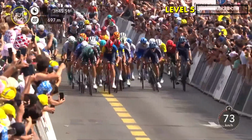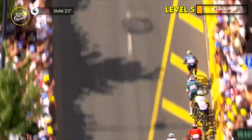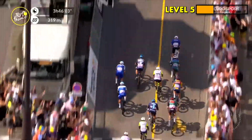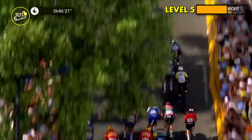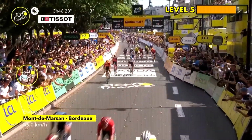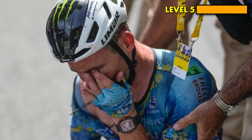This race from the Tour de France in 2023 seemed to be the one where Mark Cavendish would win his 35th stage and set a world record. As the race reached its climax, Cavendish launched into an impressive sprint, going all out to the finish line. The crowd's excitement was really high as they knew this would be a record-breaking moment. But then, all of a sudden, Jasper Philipsen crosses Cavendish from the left right before the finish line. Cavendish looked hopelessly across his left shoulder as he saw Philipsen snatch the win from him. Philipsen's masterful move earned him his 3rd stage win in the 2023 Tour de France, leaving Cavendish with 34 stage